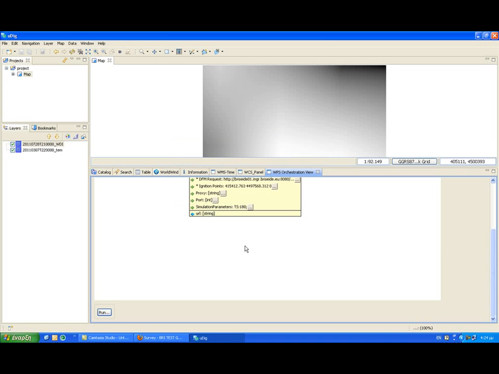Okay, the window has disappeared, so I click